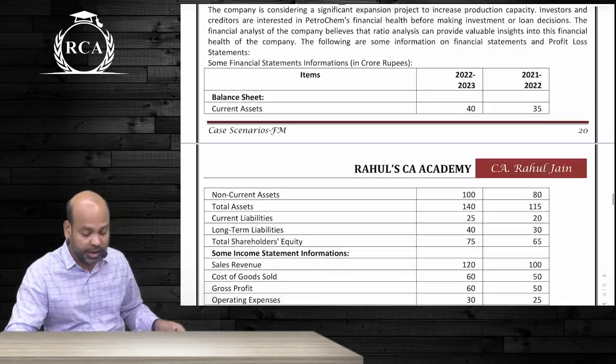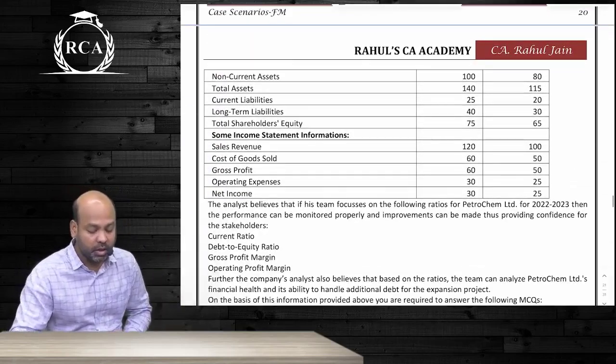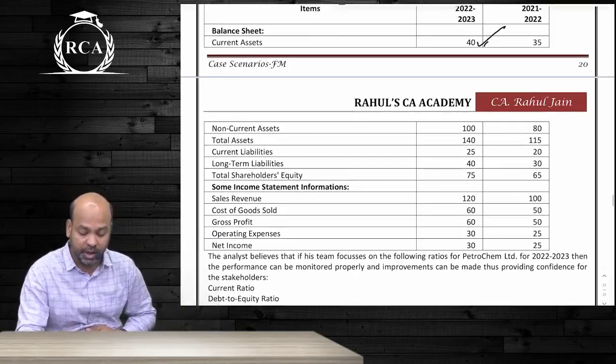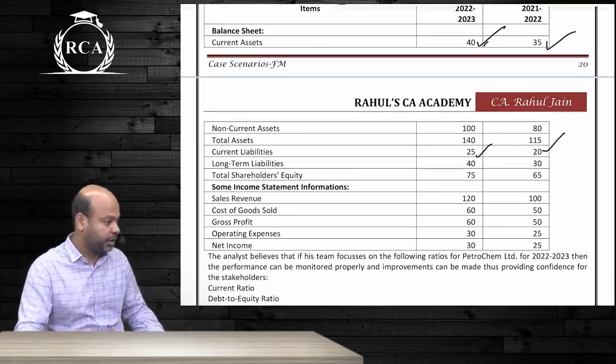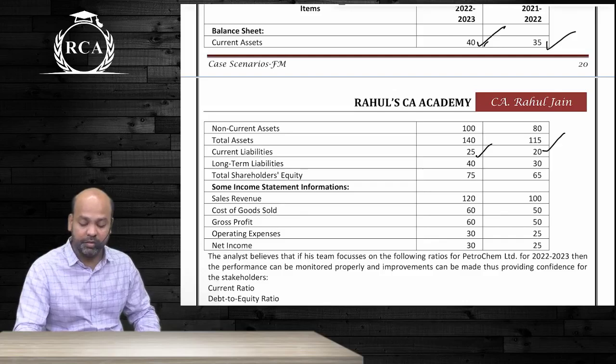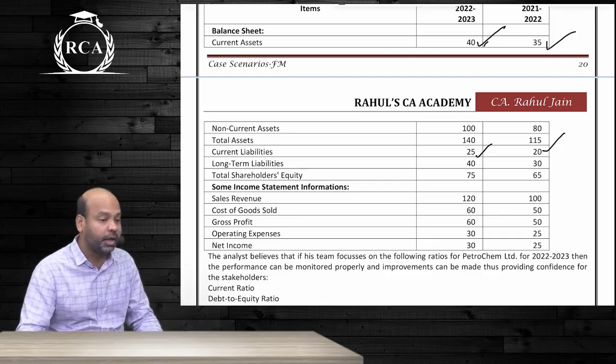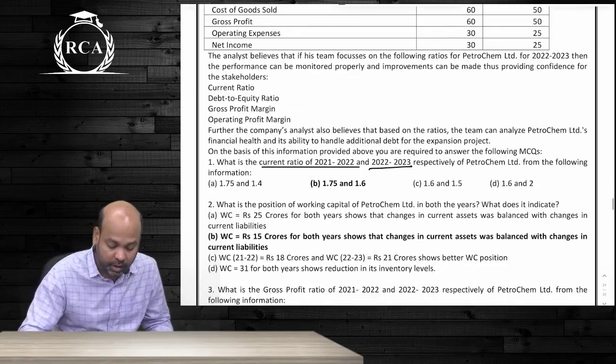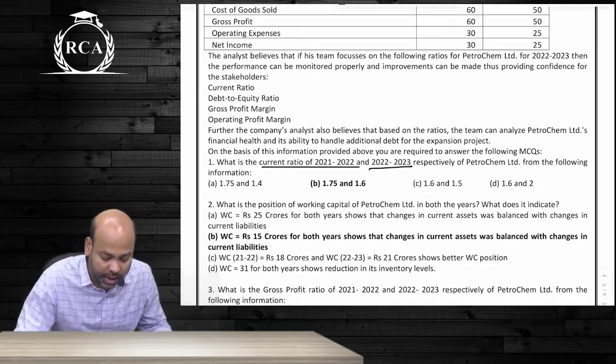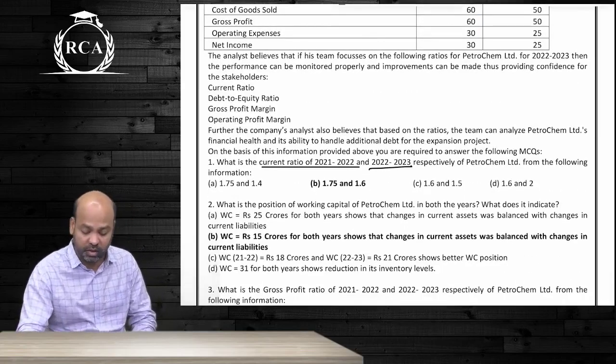All you have to do beta is pick up current assets and current liabilities. We already have current assets guys, we have current liabilities. If you divide them you will get the current ratio guys. 40 divided by 25, 35 divided by 20, that will give us the amount of current ratio. Are you getting it? Likewise beta, they're asking us to compute working capital, which will be current assets minus current